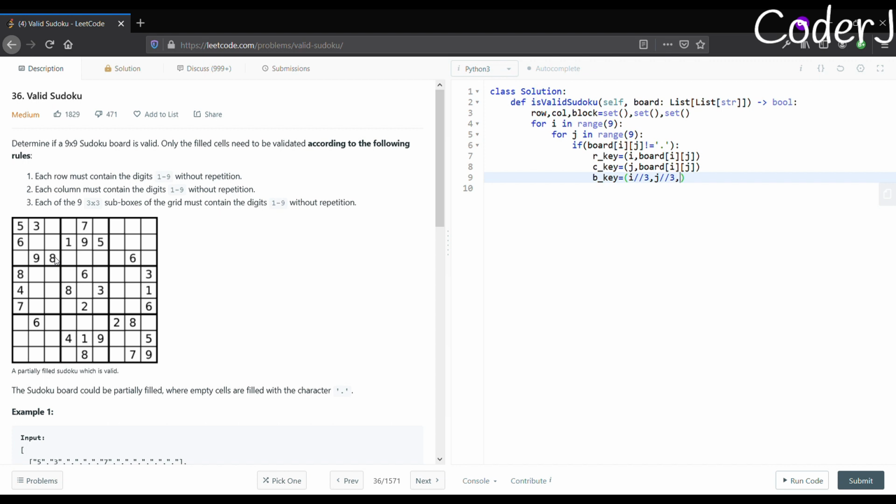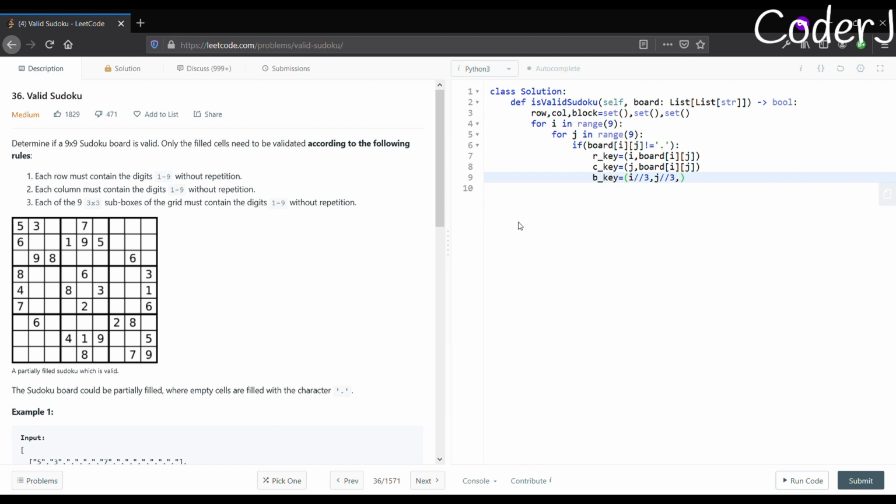But since I'm doing a floor division, I eradicate the decimal part. So the index I have now is 0,0, right? Similarly, I do that for every element and I'll get a unique value for the block key.